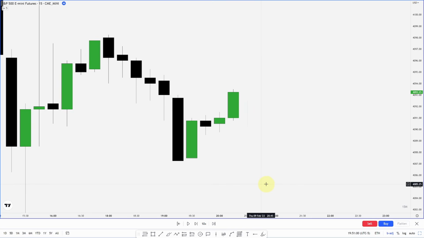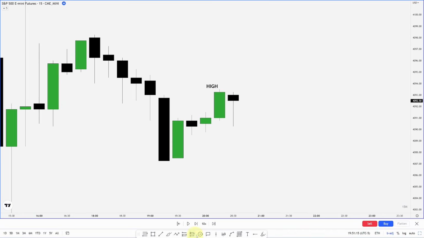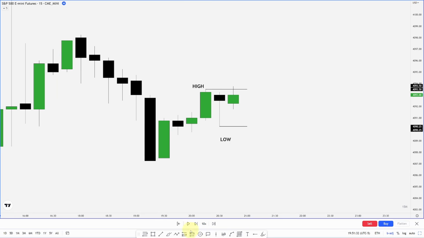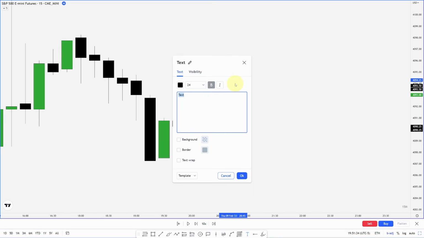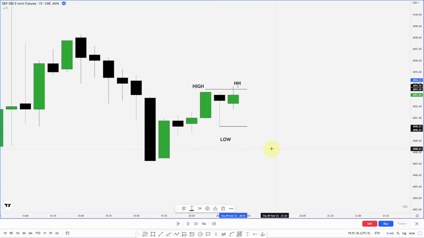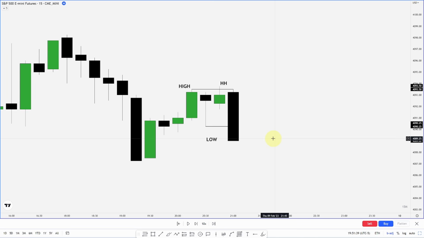This final example will show when I use the wick to the closing price of a breaker block rather than the body. So right here, we have a high, a low. So if we are going to form a bearish breaker, we would need to take this high and then take this low, putting in a higher high and a lower low. Right here, we put in a higher high, and then we put in a lower low.